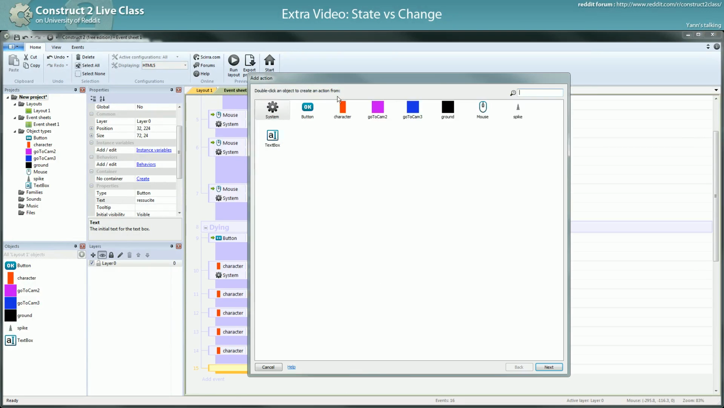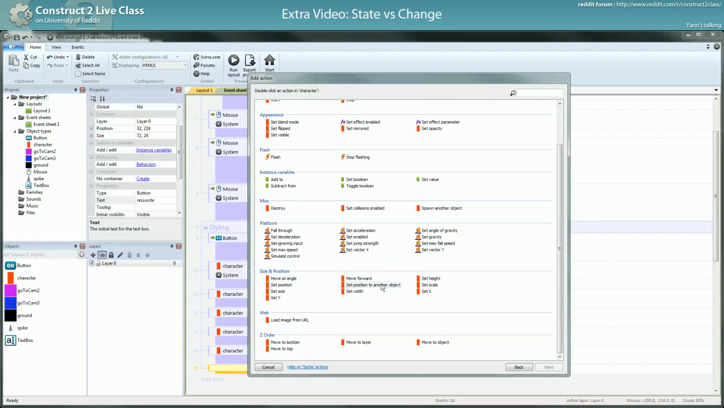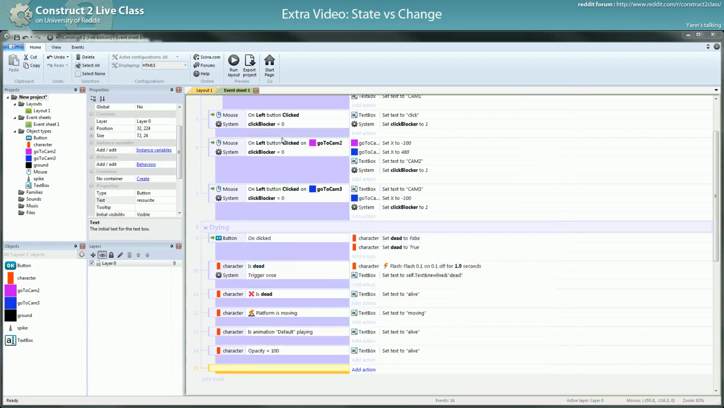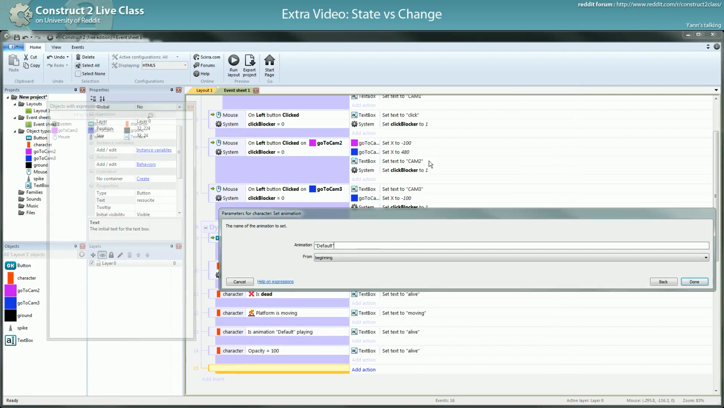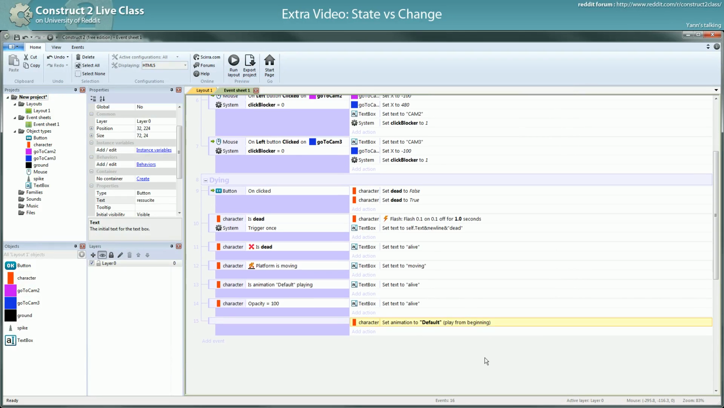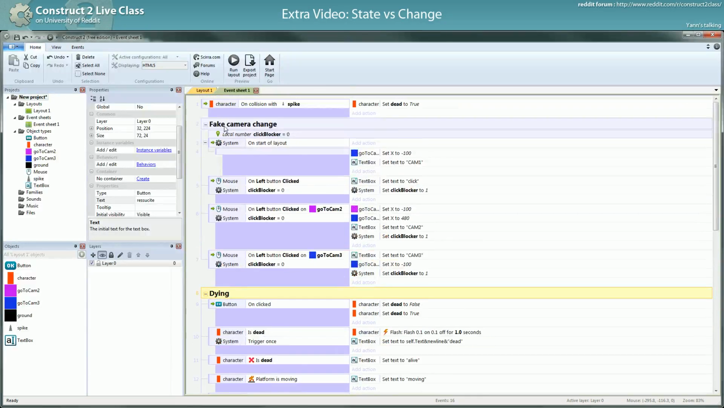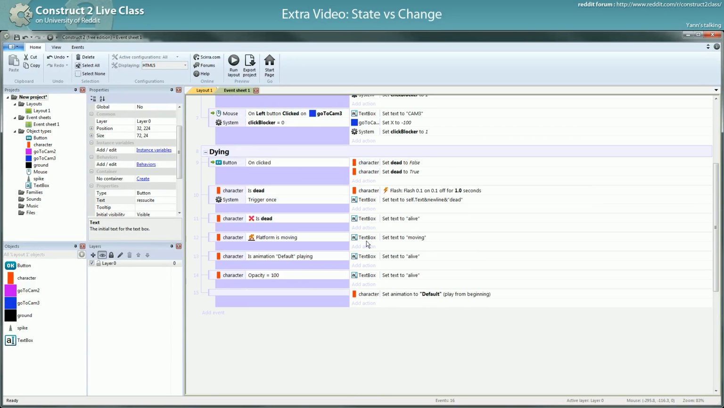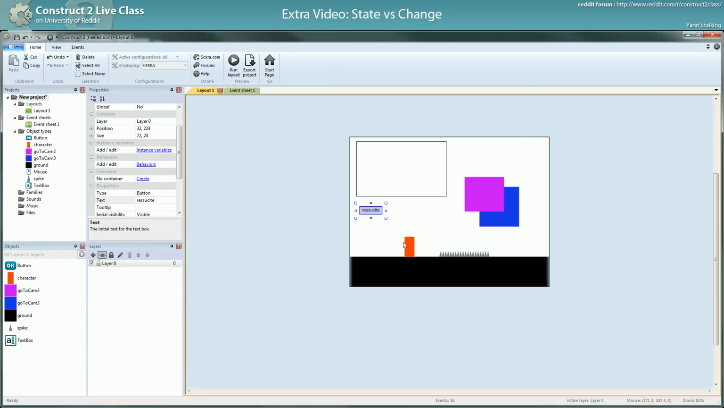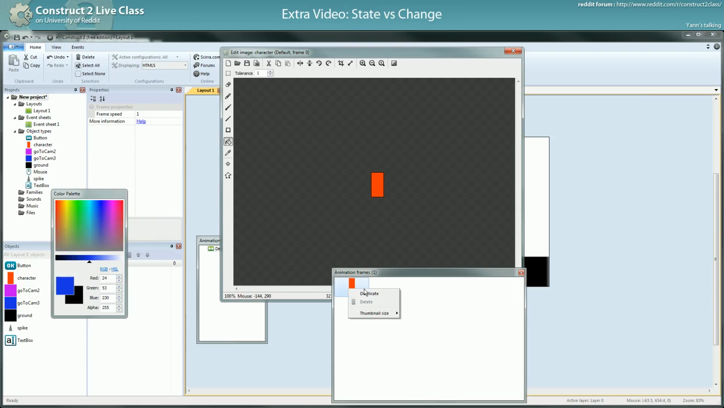And you do something like character set animation to default from the beginning. The expected result of doing this, if you keep the logic of state versus continuous, you should restart the animation from the beginning every time. And I will show you that it doesn't happen. I know why. I went through the source,